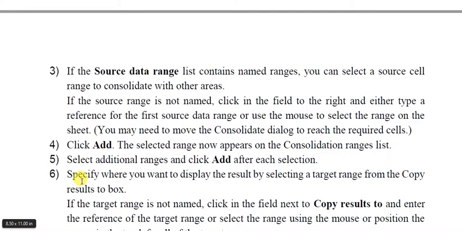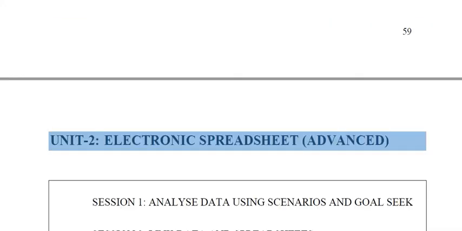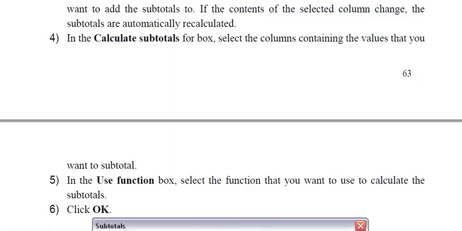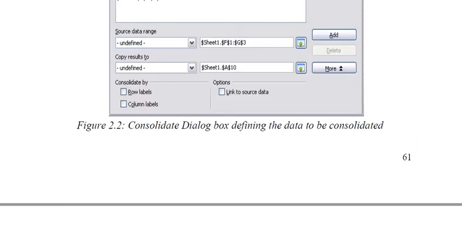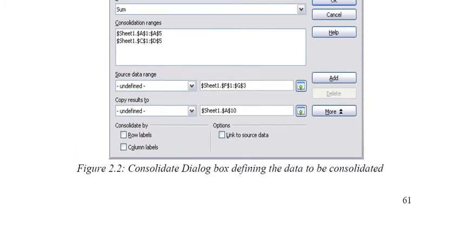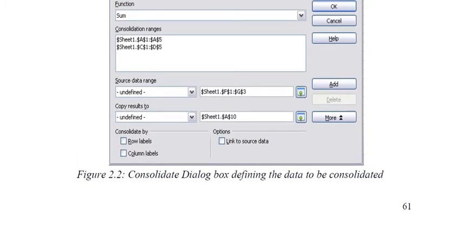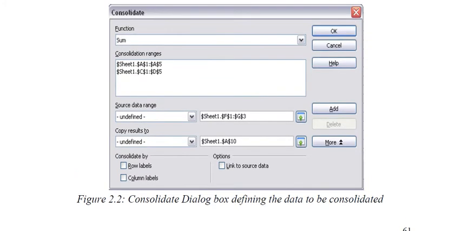so the source data range list contains named ranges. You can select a source cell range to consolidate with other areas. Click add. The selected range now appears in the consolidation range. Select additional ranges and click add after each selection. So look here, this menu that has come up, in this you will find all the options with which you can consolidate your data. Okay,